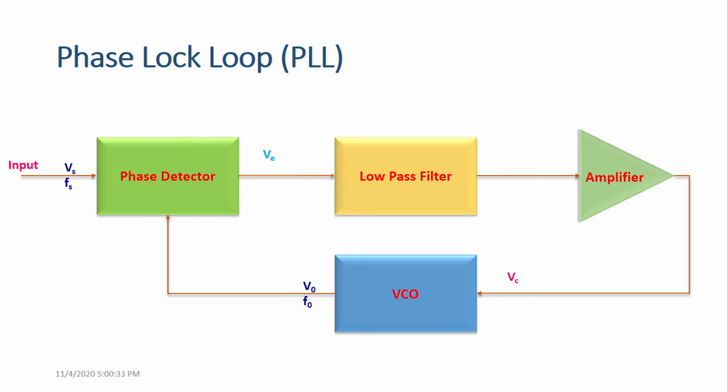If these two are far away, fs plus f0 is a very large value. fs minus f0 is also a little bit large, but that fs minus f0 will not pass through the low pass filter. So if fs is very far away from f0, then the PLL is not in the tracking range, or it does not track any changes in the input signal,